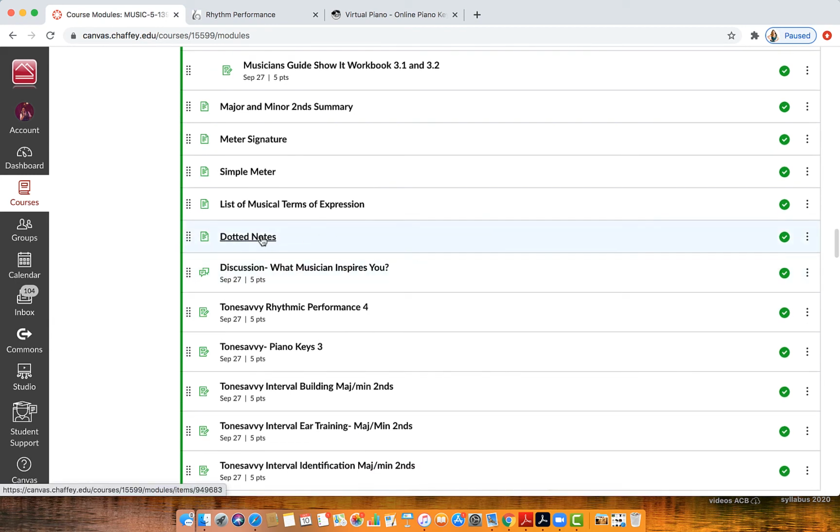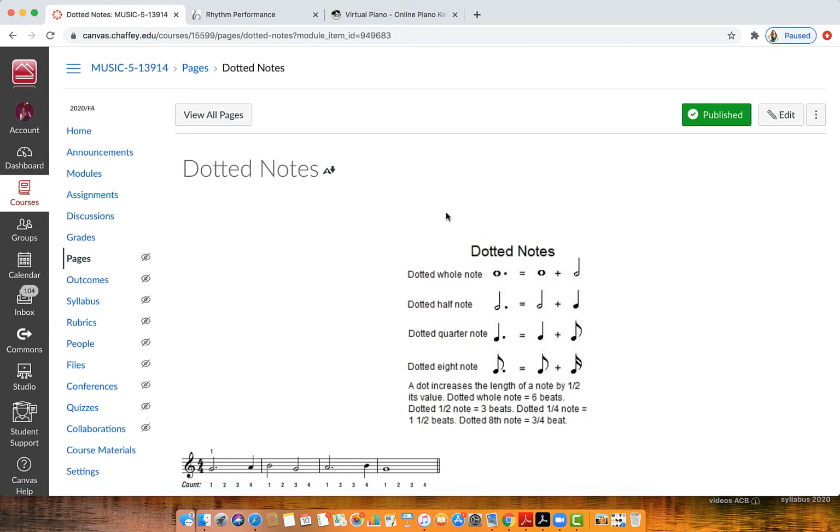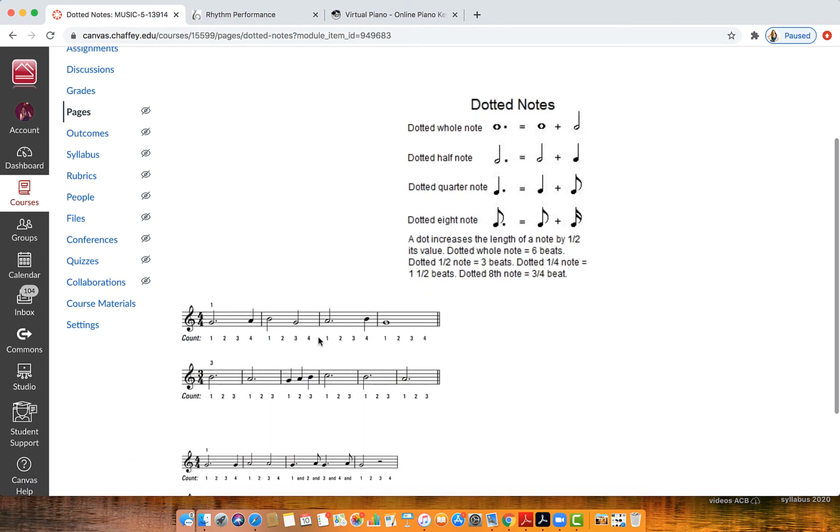Let me review this real quick. Dotted notes. When you see a dotted note, it adds half of whatever the note's value is. So a half note with a dot is worth 3 quarters, because that's 2 quarters, that's 1 quarter. A quarter note with a dot is worth the quarter plus an eighth, because if you split the quarter, 1